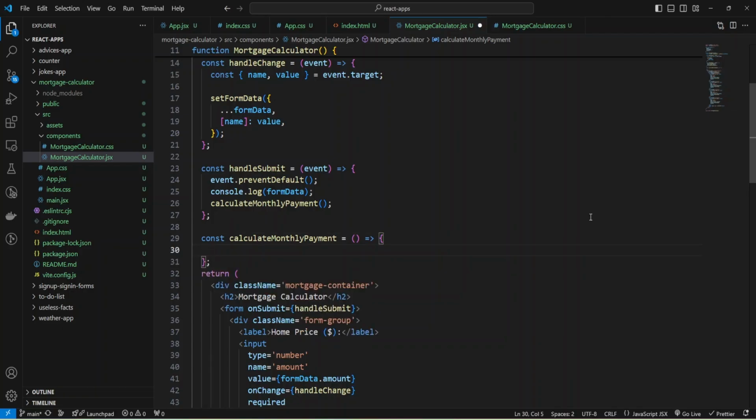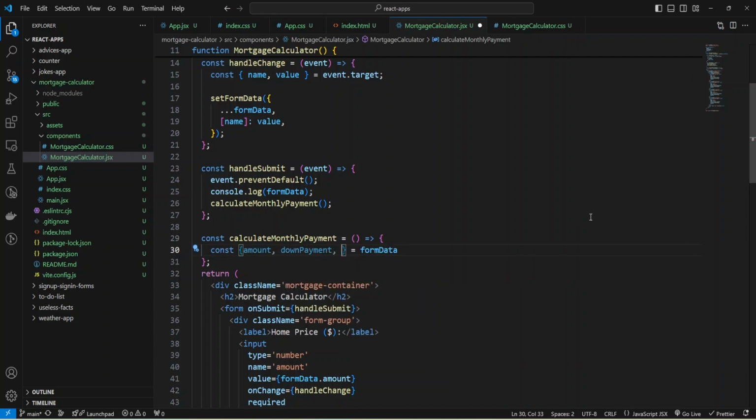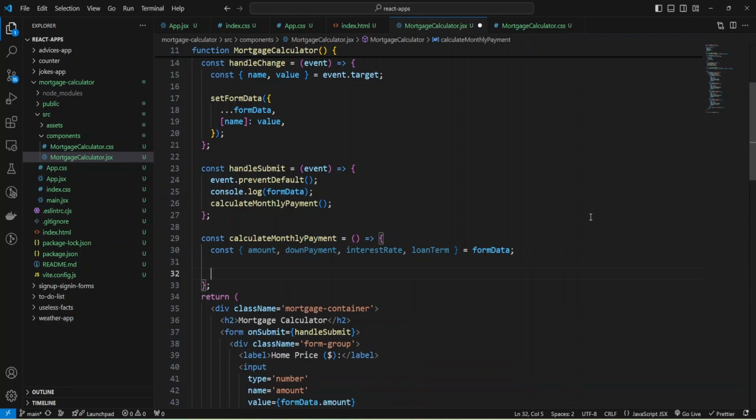And I can use values using object destructuring and provide my form data. And we need all values for amount and also down payment and interest rate, and also we need a long term.